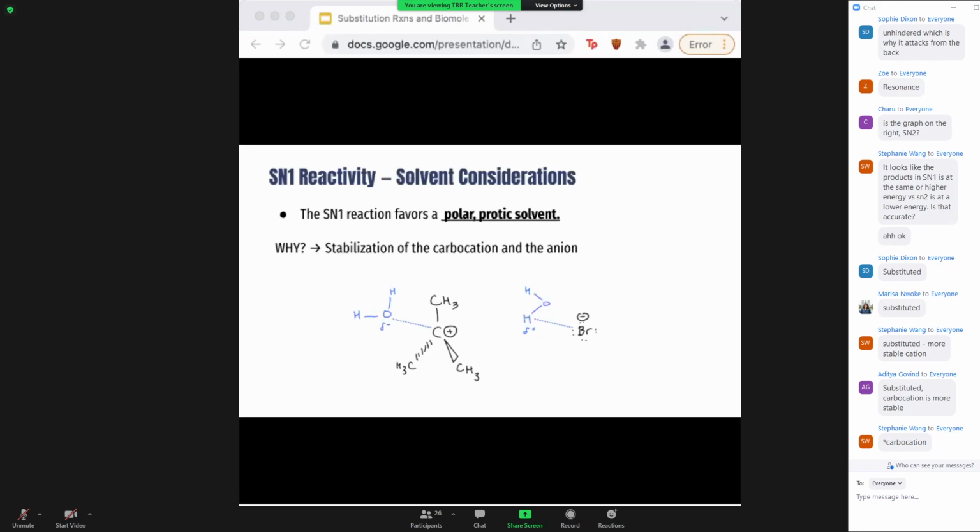Now, for solvents, the SN1 reaction favors a polar protic solvent. And why is that, you might ask? Stability. So in the SN1 reaction, the leaving group leaves and a carbocation forms. And this is also the rate determining step. A polar protic solvent, such as water or maybe methanol or ethanol, is able to form hydrogen bonds with not only the leaving group,